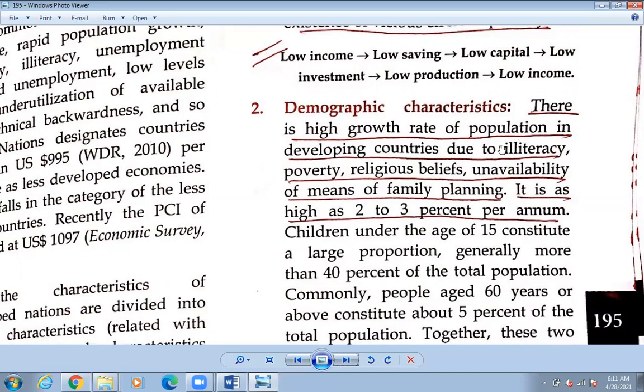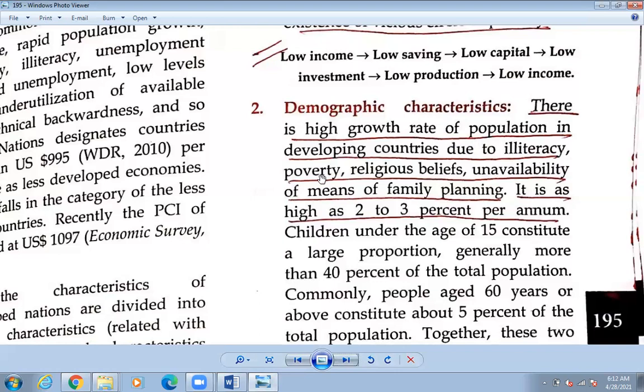If the population is high, they cannot educate their children also. 8 जना children भने कसरी educate दिने तिनीलाई? Nowadays the fee structure is very high. If there are 8 children, can we afford for all the children? Illiteracy rate पनि बढेर जान्छ if there is a high population. If there is a high population rate, there is poverty because we cannot supply education, and if there is no education, there is poverty.